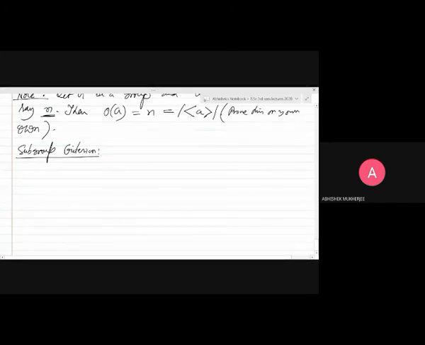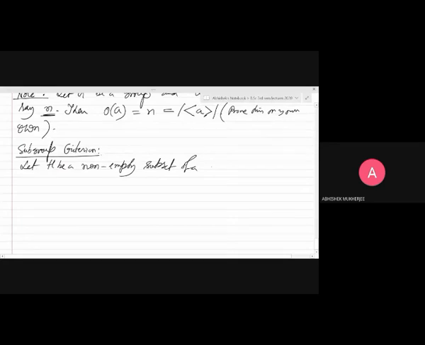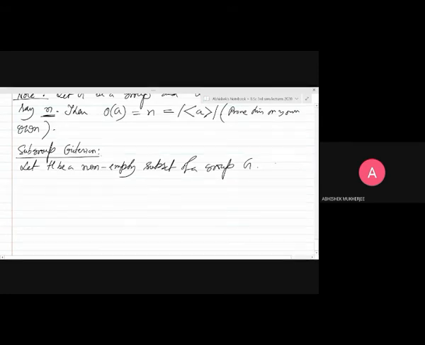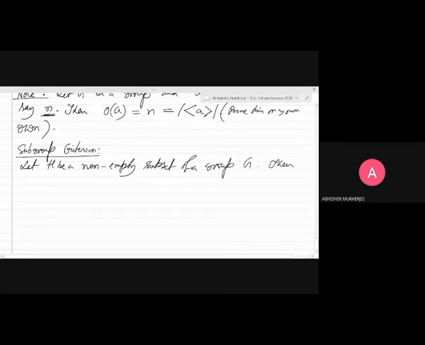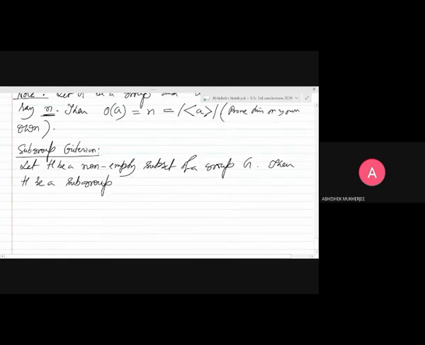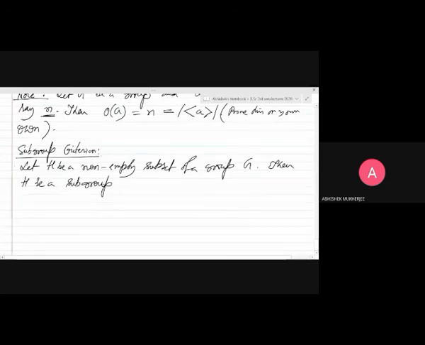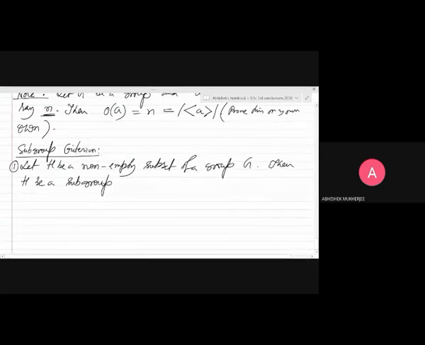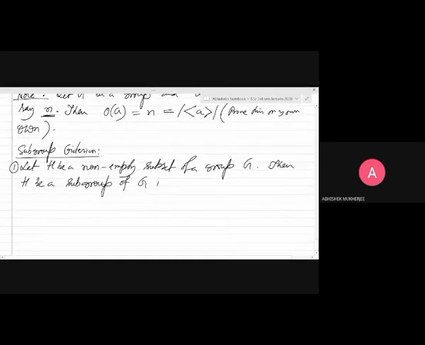So let H be a non-empty subset of a group G. Okay. Then H is a subgroup of G. This is number one. Subgroup of G if and only if